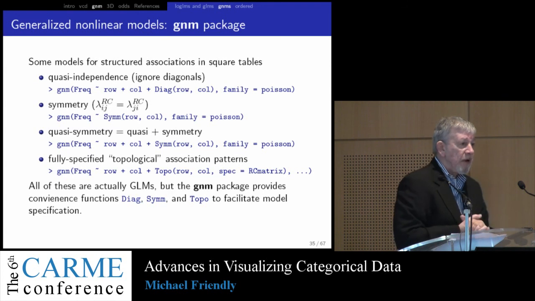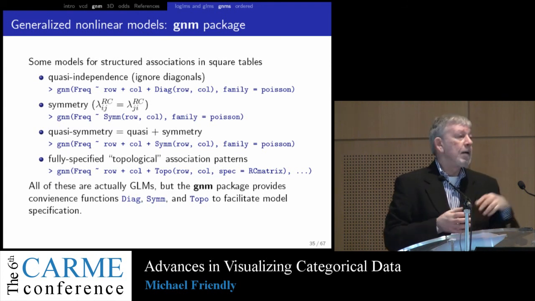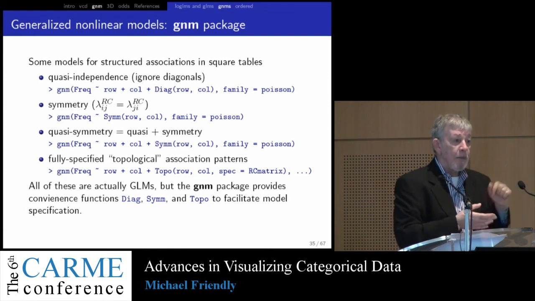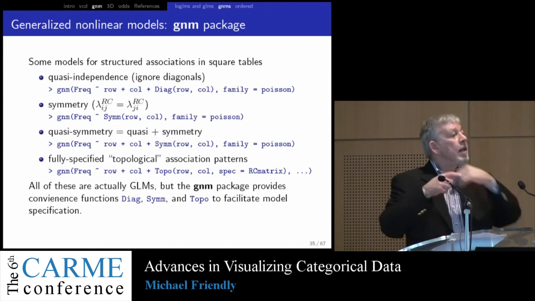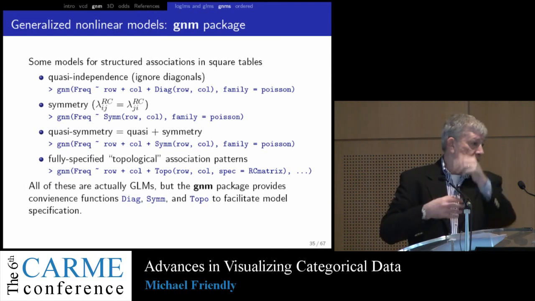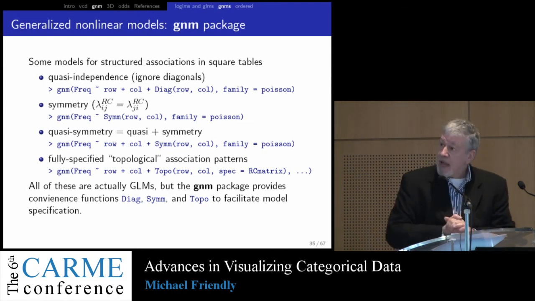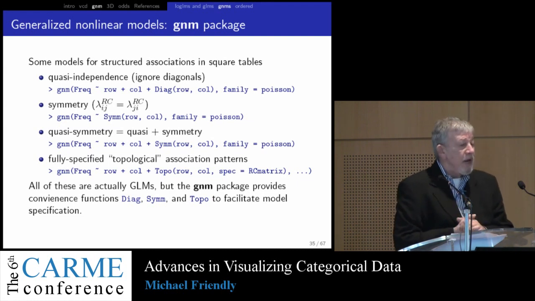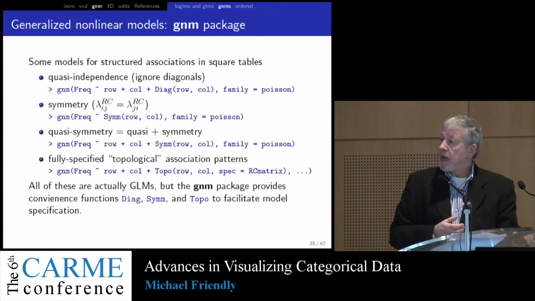We might suggest a model of symmetry. If someone is one step removed from the occupation of their children, there's a similar frequency in the above diagonal cell, and so forth. So all of these are actually generalized linear models, but